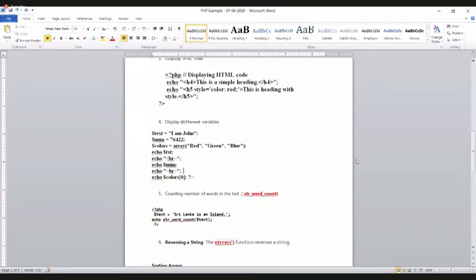Echo within double quotes, you write the angle brackets for the new line. Then you can display the second variable, that is the number. And the last one, if you are using the array, you want to write the array index.